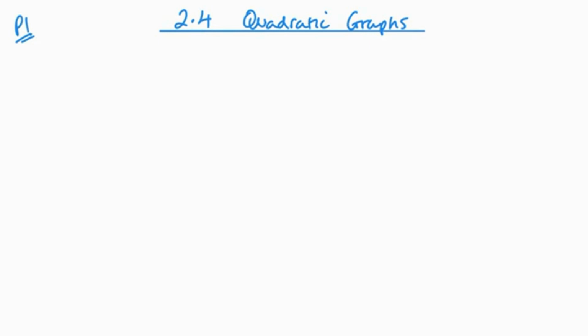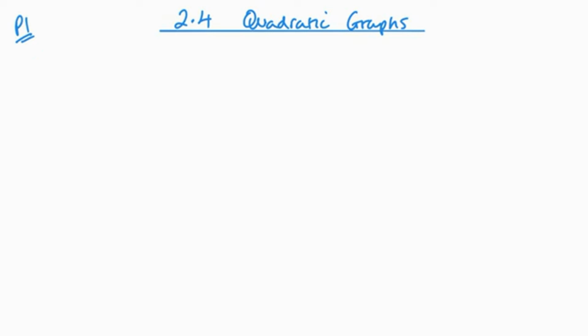So you need to be able to sketch a quadratic graph. You need to be able to show where it hits the x-axis, where it hits the y-axis, and any minimum or maximum points. Now, obviously sometimes it won't hit the x-axis, okay? But you do need to show all of those points where you can. Remember, it'll hit the x-axis when y is 0, the y-axis when x is 0, and it's always going to